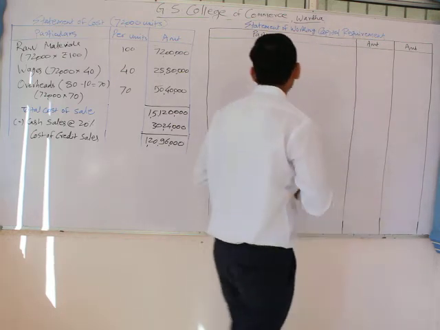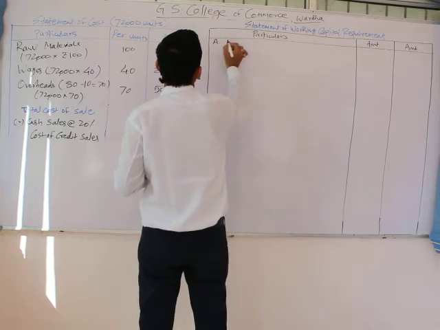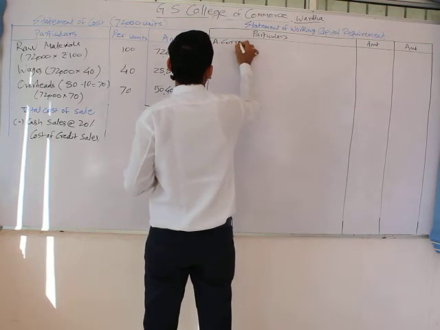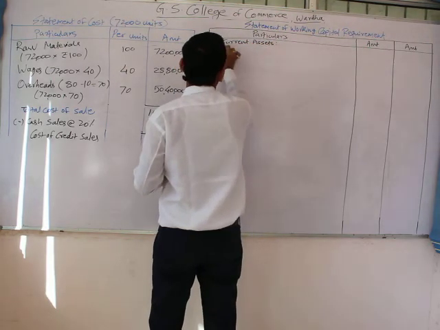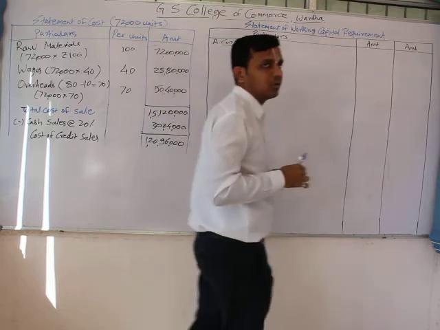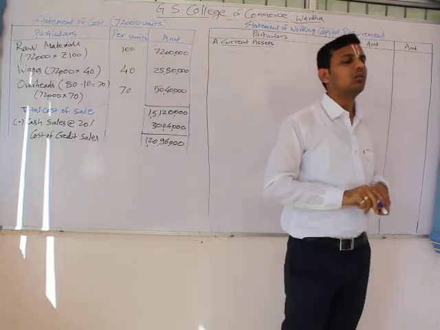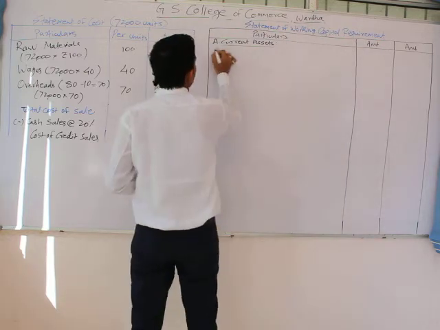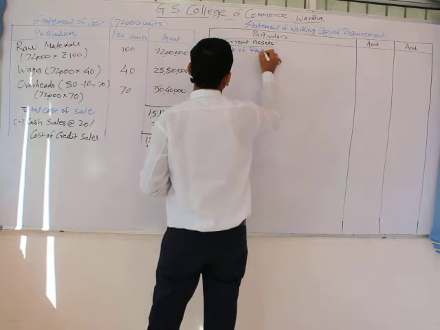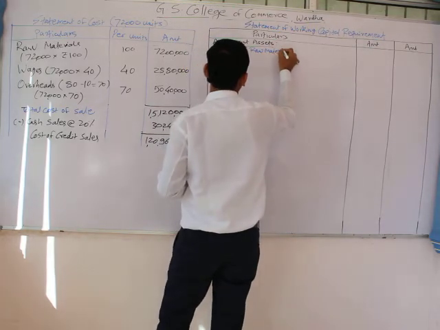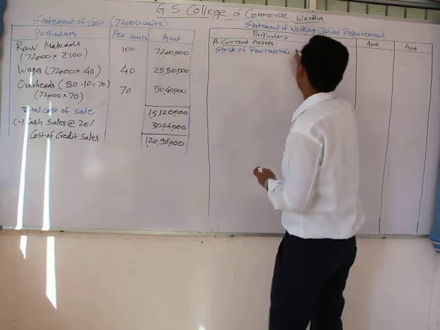We have earlier discussed the formula for the calculation of working capital requirement, that is current assets minus current liabilities. Hence, we would first take the aspects of current assets. First of all, we will start with the stock of raw materials, as we did in the earlier questions also. For that purpose, we have our amount of 72 lakh.